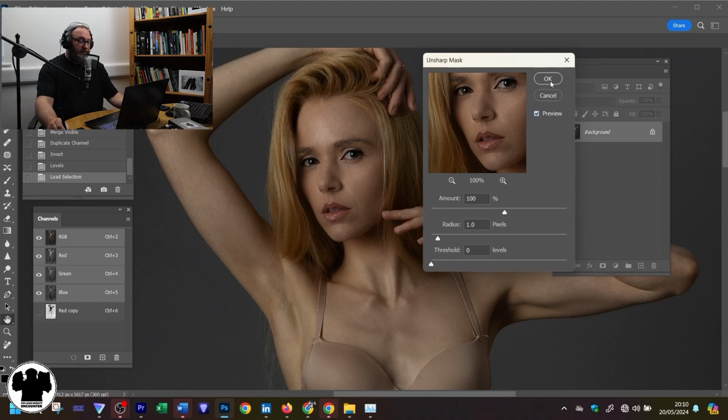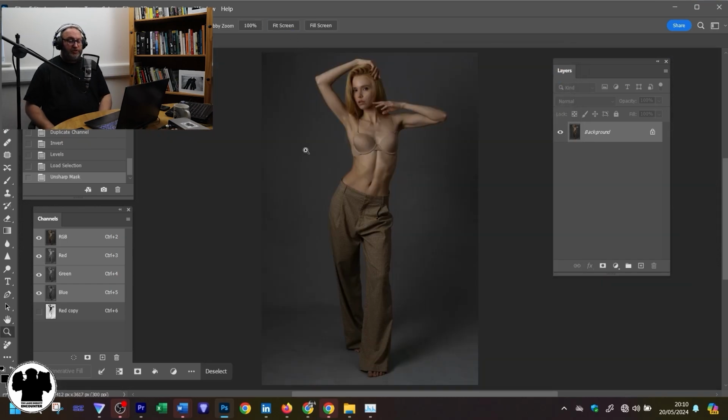Click OK, fit on screen, job's done. We're sharp. We're as sharp as we're ever going to need. And that's it for sharpening. All I would do now is save the file as a high resolution JPEG by going File, Save as Copy,